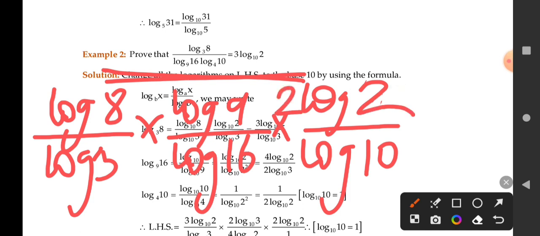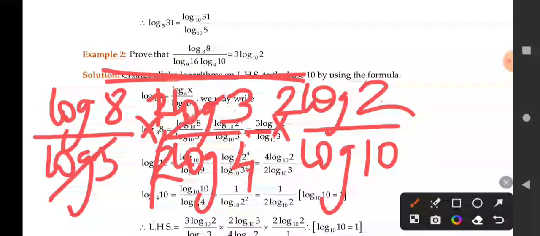So 2 outside, right? How can we write 16 as 4 square? 4 square, so 2 outside. How can we write 9 as 3 square? So 2 outside. So 2 gets cancelled. Log 3 gets cancelled. Right? So again log 4 means 2 log 2. This also gets cancelled. So we have